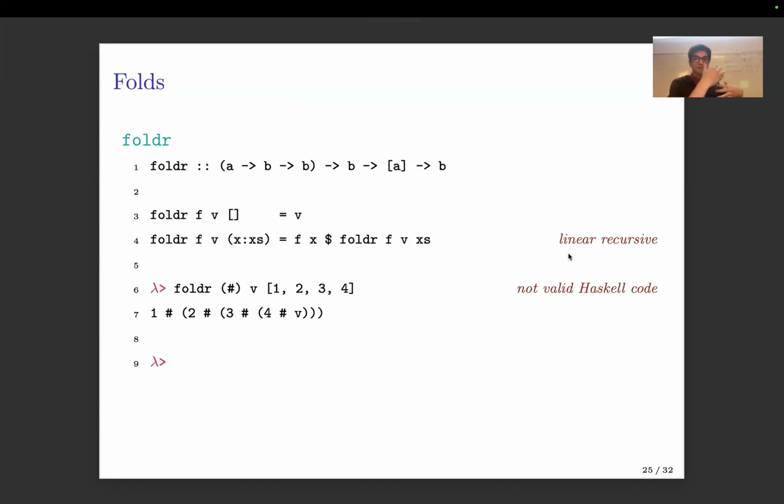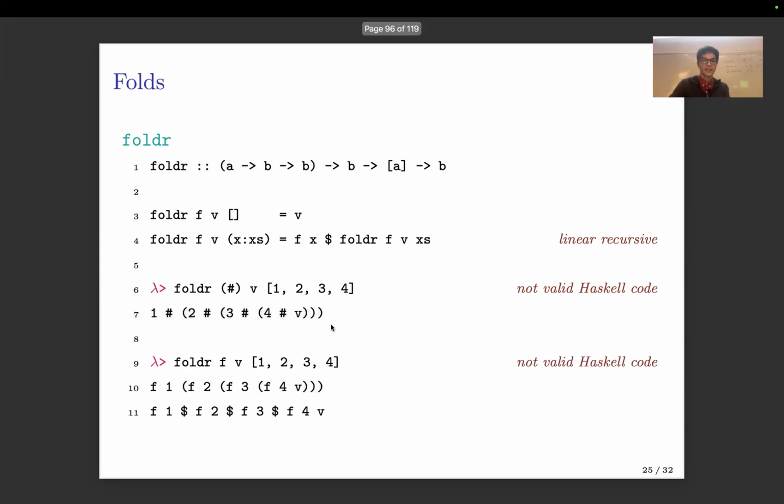I'm going to fold some pretend operators over some lists. This isn't Haskell code, but it is useful for illustrative purposes. Okay, so if I fold right this bivariate function with this base case over that list, this is what effectively gets evaluated. So brackets stack to the right, and the base case is the last thing that gets utilized. If we're going to fold in the curried fashion, it looks like this,